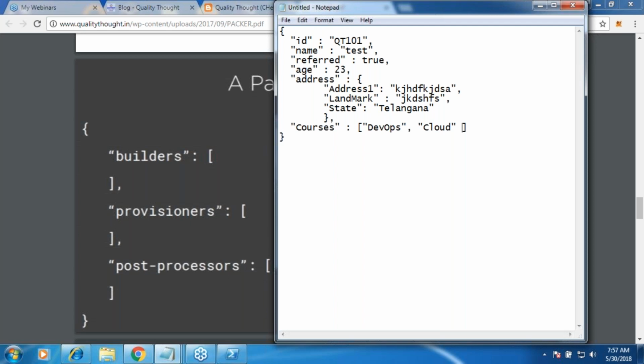Fine. So square bracket is for what? Multiple items, which is nothing but your array. And curly brace is for an object. String in quotes. For boolean and numbers, you don't need any quotes, you can directly write the values. So if I want to write other students' details now, the keys will be the same, values might be something else. Any doubts on this?